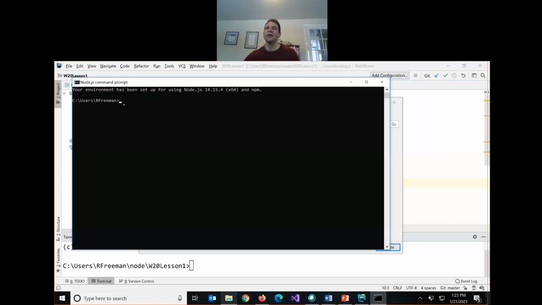For the moment, we're just creating an empty folder. So my recommendation is open up your command prompt or your terminal. Whatever directory it's in, I would create node W21 inside the default command prompt or terminal directory. So you don't have to, you can put it anywhere, but then you're going to have to browse to that other place in your computer every time we go to the command prompt to launch our application. So it's going to be a lot more efficient if you create it inside of whatever the